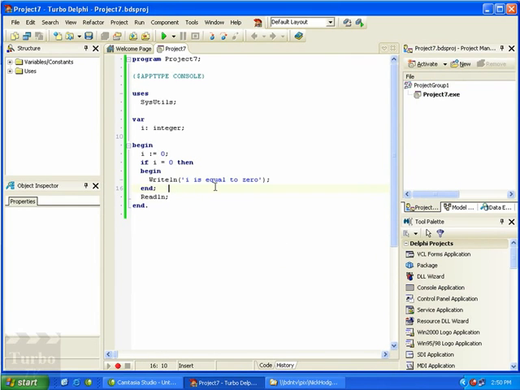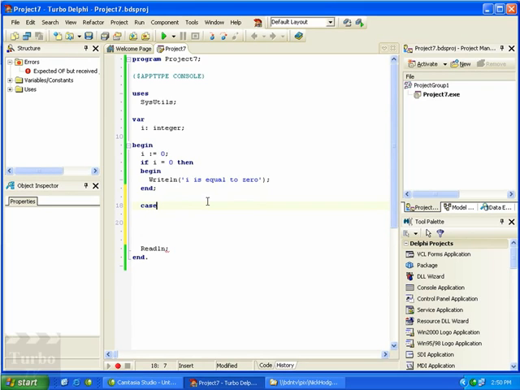That's how an if statement works. Now, that is conditionally executed code. This code here only gets executed if this is true. Now, there's another construct in the Pascal Delphi language that does conditional execution, and that is the case statement. The case statement executes code conditionally, but it allows you to have any number of different execution paths depending upon the value of a given variable. So, for instance, you could say case I of 1, and then you could write some code